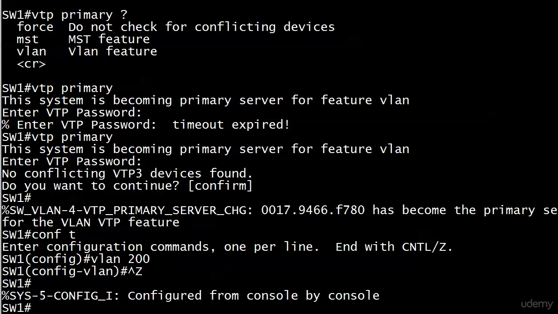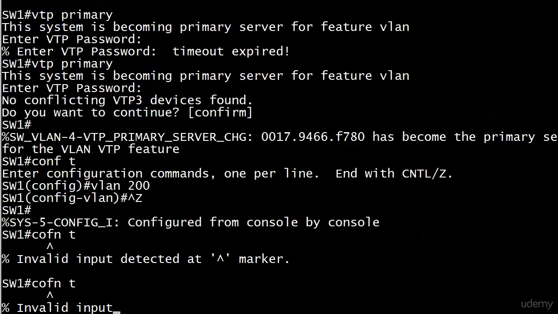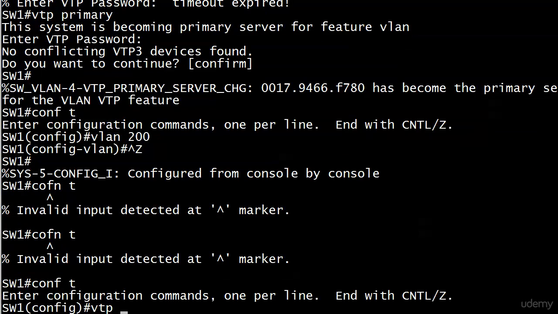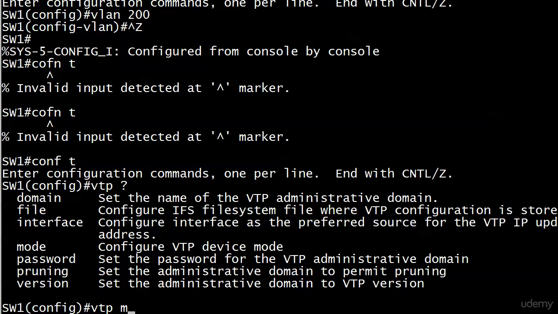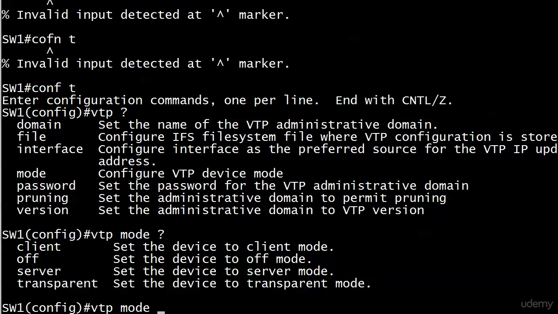So now, one more version difference, and I do want to show you this, because when you're working on different switches or different routers, of course, we have to get used to slight differences in the IOS. I like to expose you to some of that here. There's one more thing I wanted to show you about those VTP modes. We've got VTP mode, and notice here we have client,